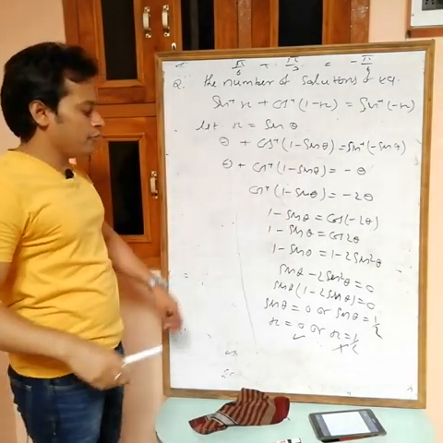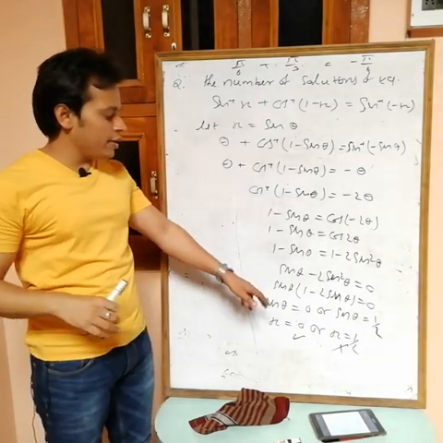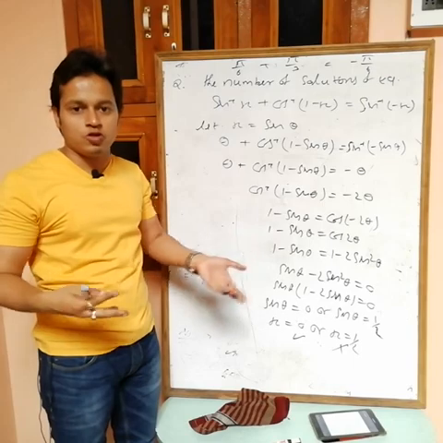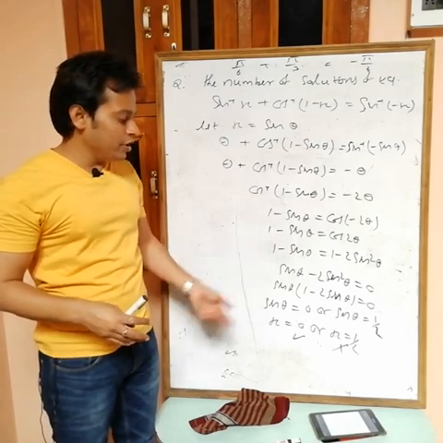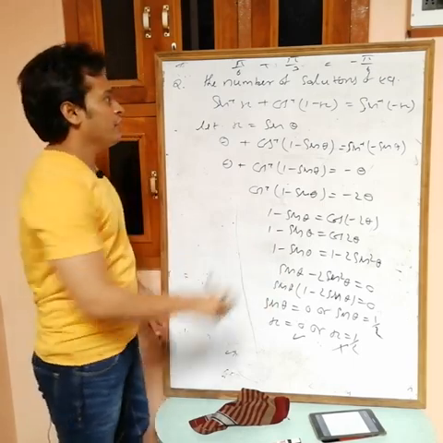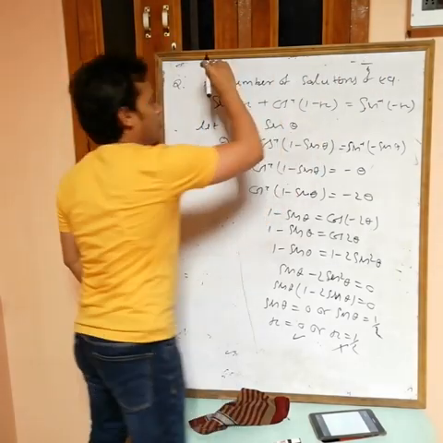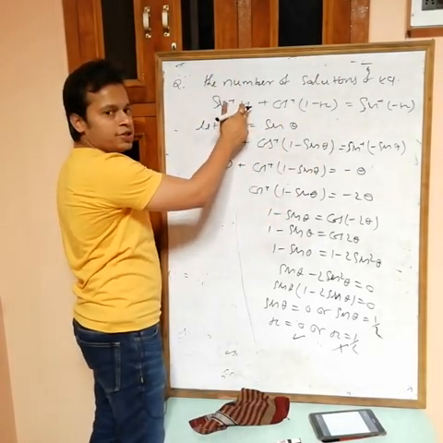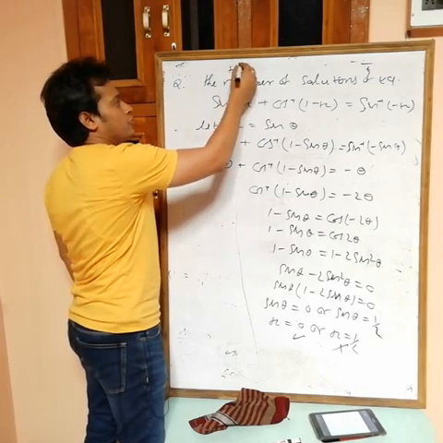And suppose you are not able to find it. Here we have x equals 1 by 2, so we know the value of sin inverse 1 by 2 is pi by 6. But suppose what happens if this is 1 by 3? Then no problem. See, just check only the sign. If it is 1 by 3, it means x is positive, then sin inverse is also positive.